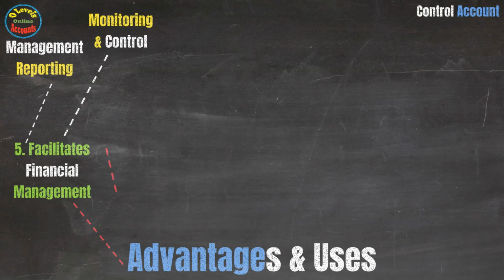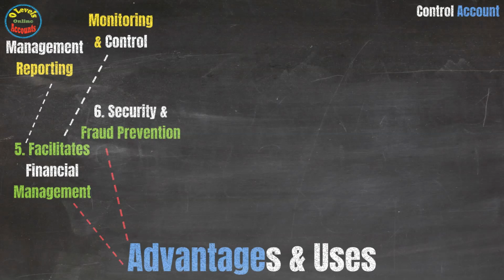The sixth point is security and fraud prevention. It will explain with the help of the further two sub-points. These are as follows. The first sub-point is fraud detection. Control accounts help in detecting fraudulent activities by ensuring that all individual transactions recorded in subsidiary ledgers are reflected in the control account. Any manipulation or omission in the subsidiary ledger that doesn't match the control account can be quickly